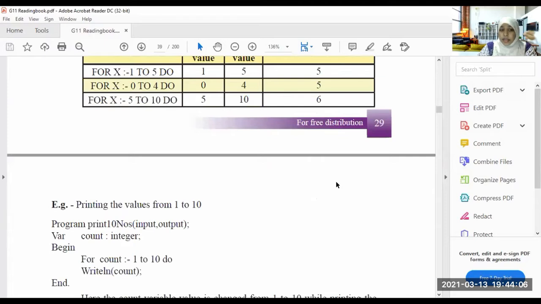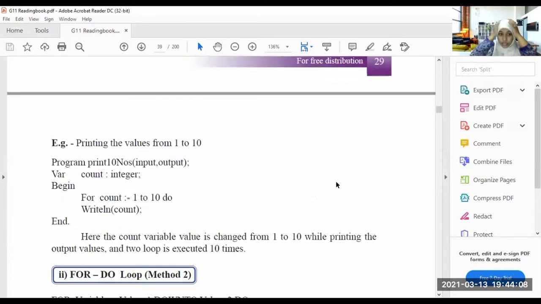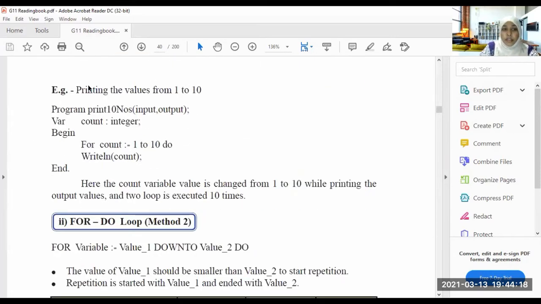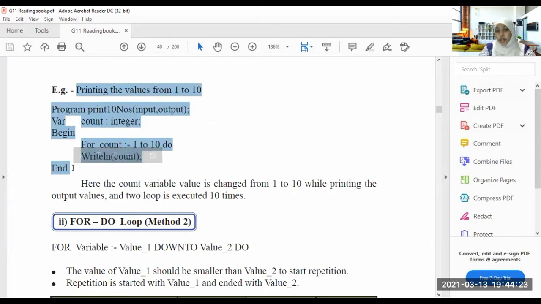So when we write a repetition structure using the for do, this is how we write Pascal code. For an example, printing the values from 1 to 10. So I am going to tell the program to print values from 1 to 10.